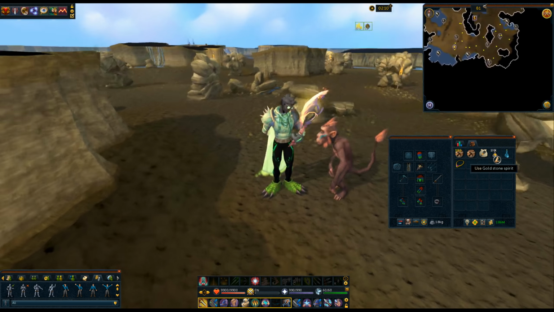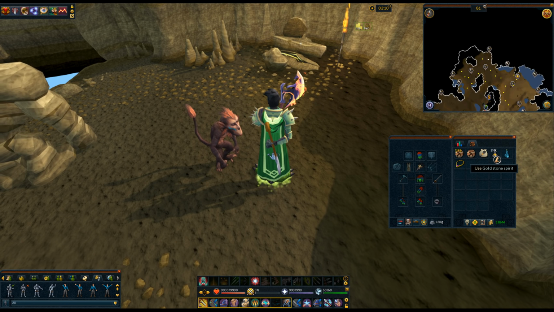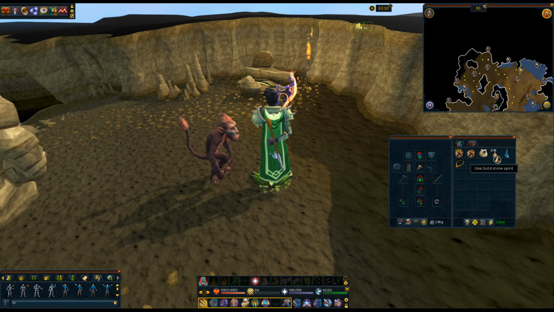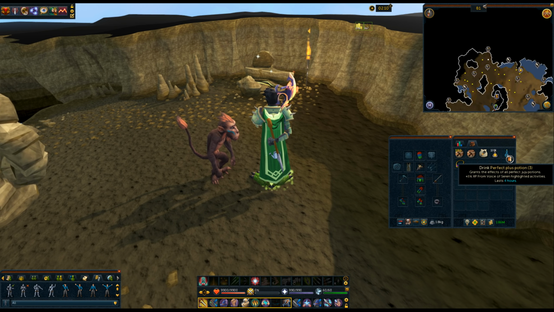Goldstone spirits currently buy for 50 GP or less, which is pretty nice. They're very cheap. You can also buy 25,000 of them per 4 hours, so they're very, very easy to stock up. So it's pretty sweet. The next thing you're going to need is a perfect plus potion or a